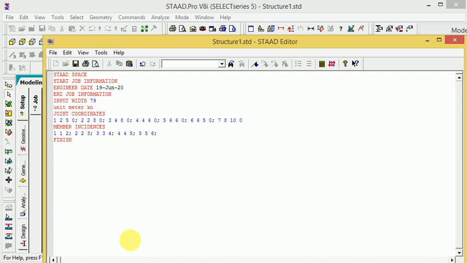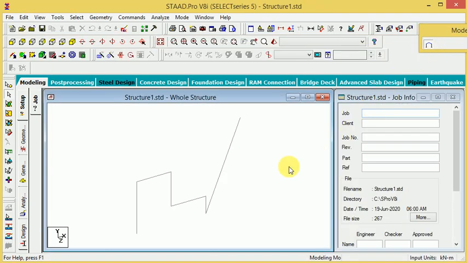It completes with the semicolon, and the same thing here, 6 incidence, and how many joints, 6 and 7, then semicolon. Okay, save this here and go to right.